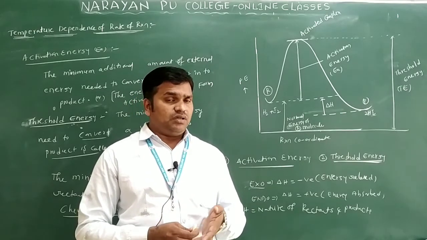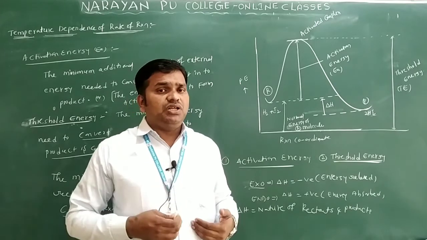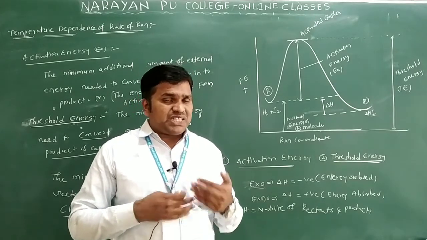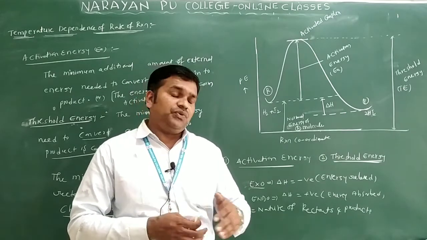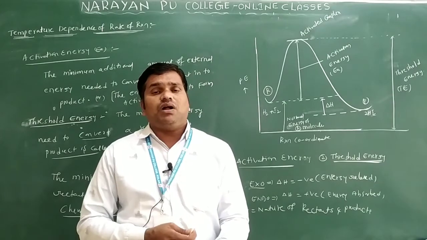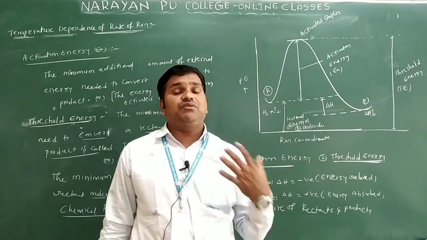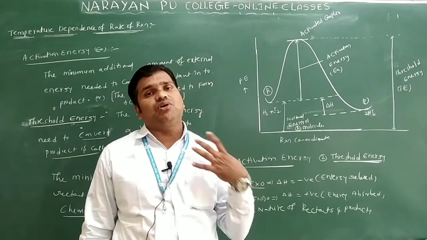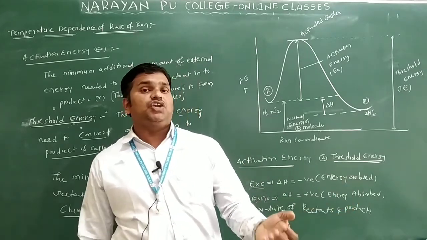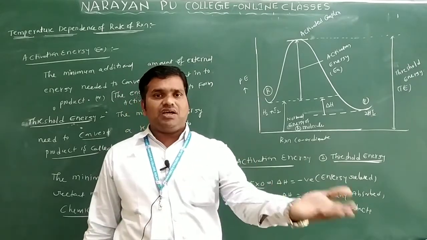You can run in the competition very fast, because initially you lost your energy. When you took the energy, what happens here? Your speed will increase. Means you easily reach the goal. So to easily reach the goal, what is required? Some external energy is required. That energy we are calling as what? Activation energy. Means to activate your body, you are taking some energy from the outside. That is external energy. If you take that energy, then only you can become the winner.